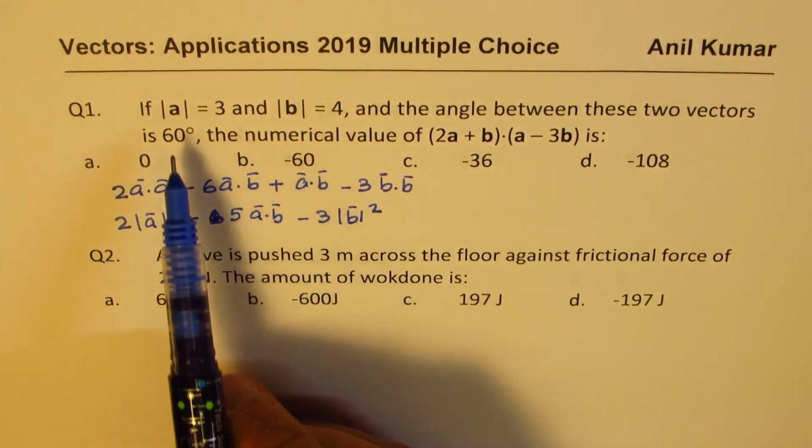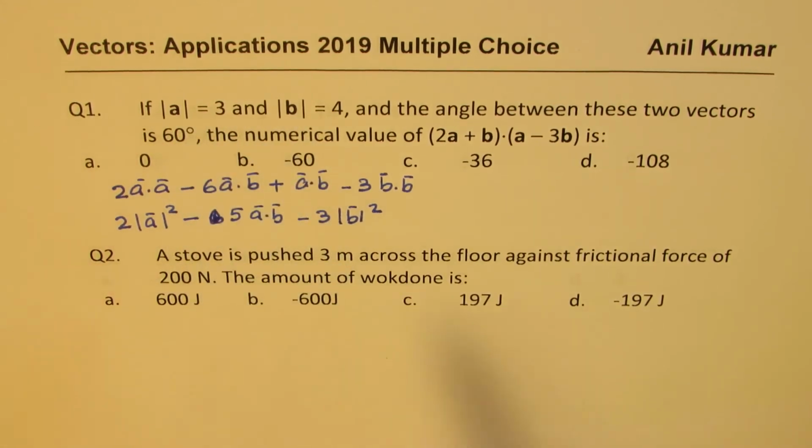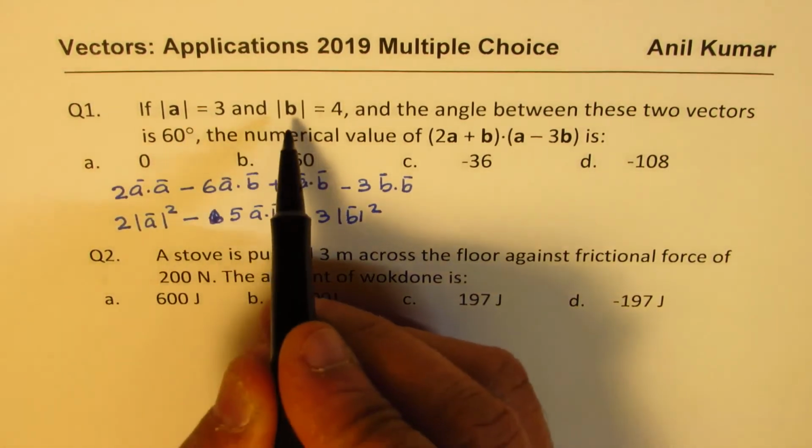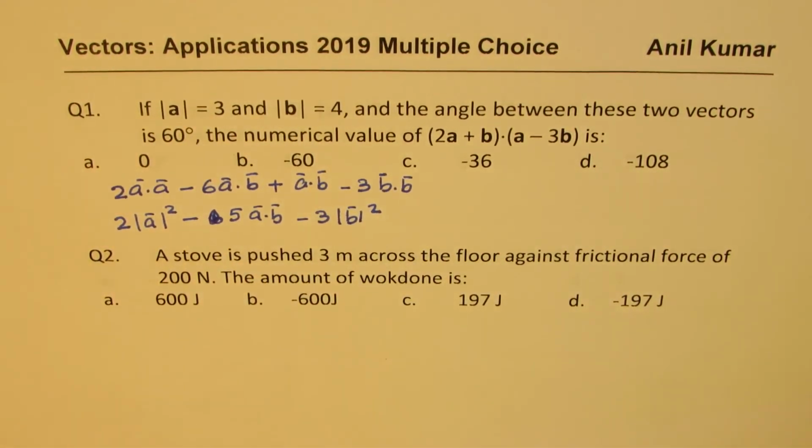Now you are given the information to find the dot product. So we can do that on the side. What is A dot B equal to? A and B magnitudes are given to us. We can calculate this on the side. We say